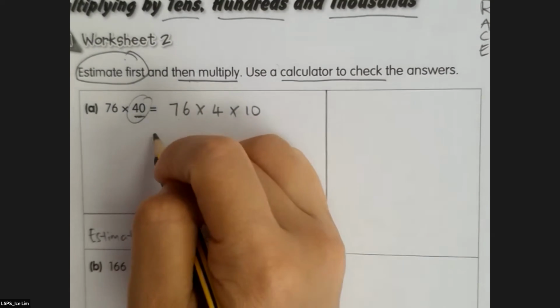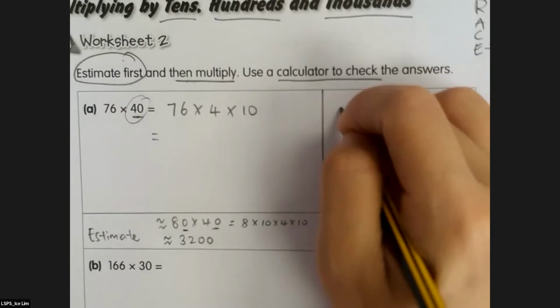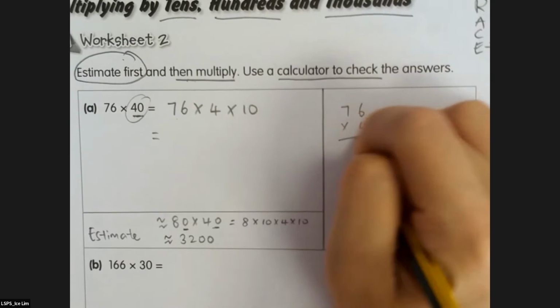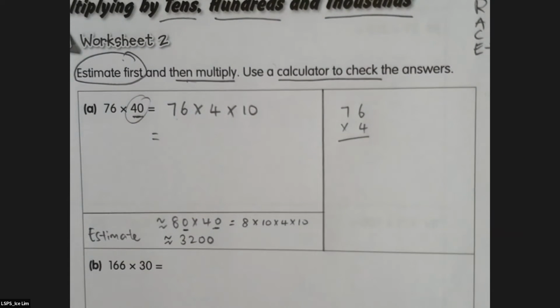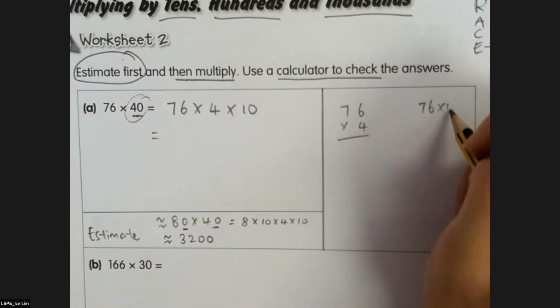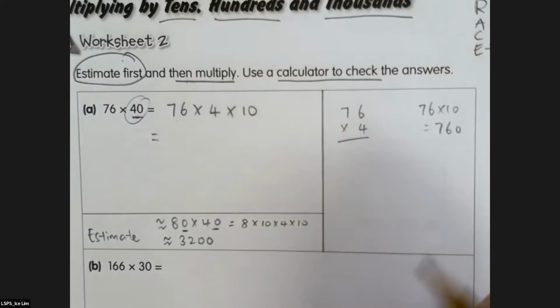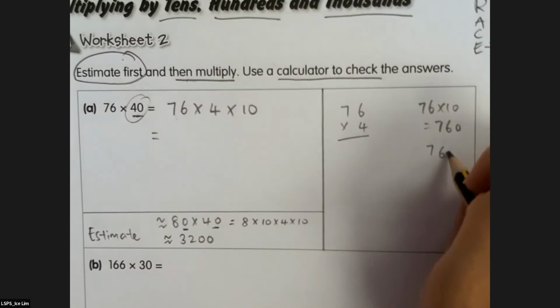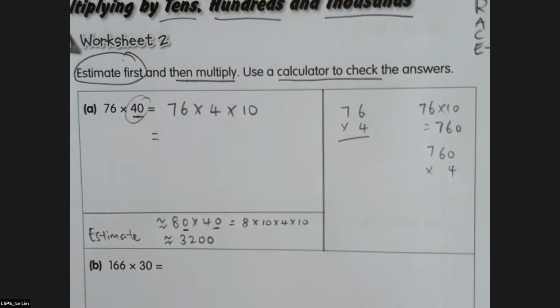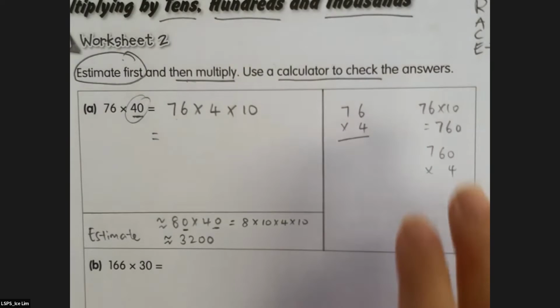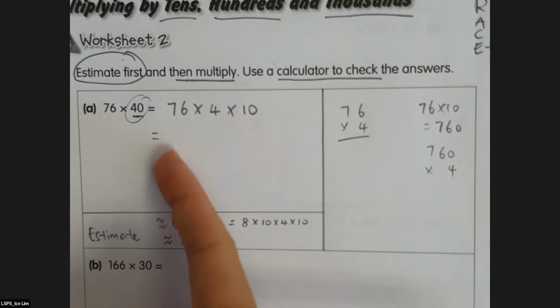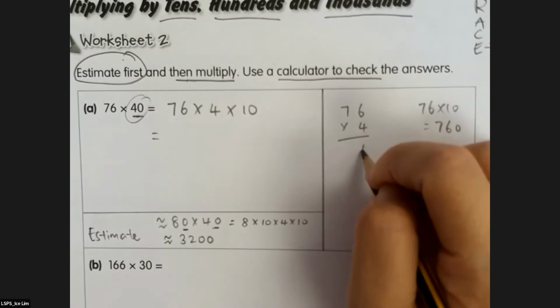For me, I will choose to do 76 times 4 first, because the number is a bit smaller. If I do 76 times 10 first, then I have to do 760 times 4. I think this method is a bit longer. So I choose this. If I do 76 times 4,